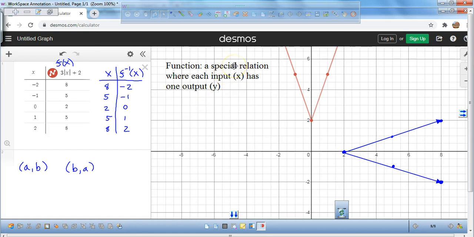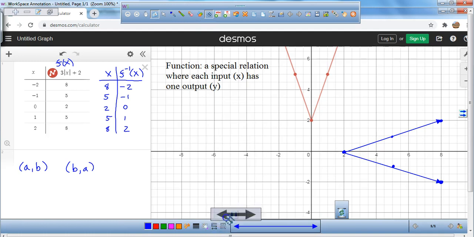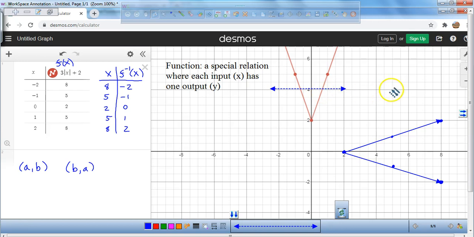So how do we know what a one-to-one function is? Well, we get to do what's called the horizontal line test. And if the horizontal line touches it more than once, you know that the inverse will not